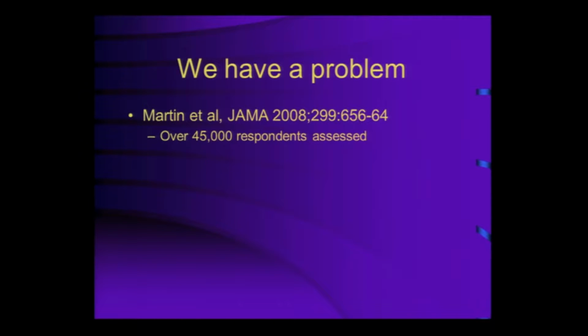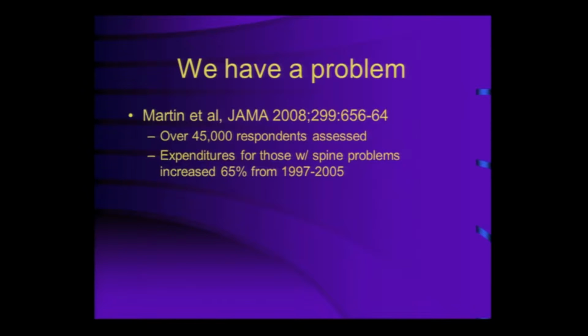When you look at data on spine, this study's been out for a while. So Burke Martin here at the U put this out, a survey of 45,000 people in a healthcare survey. And they were looking at people's spine problems for how much they were spending and how well they were doing. And like it or not, this is what the data is. There are reasons for it, but this is what the data comes out as.